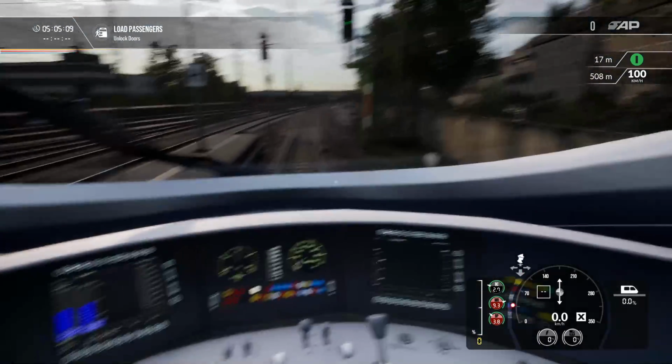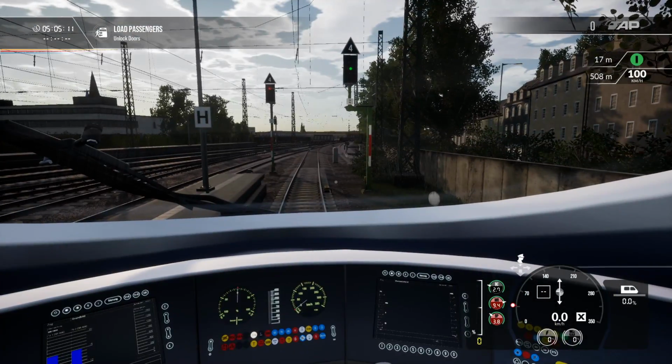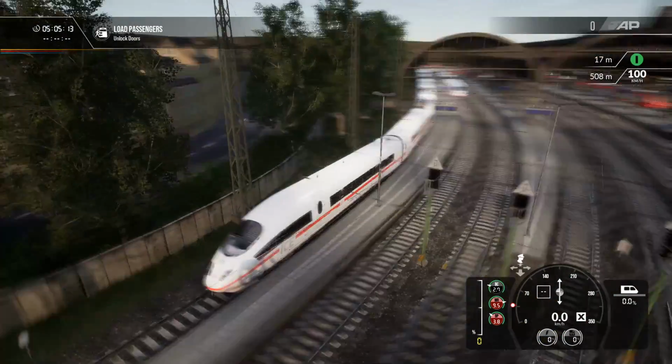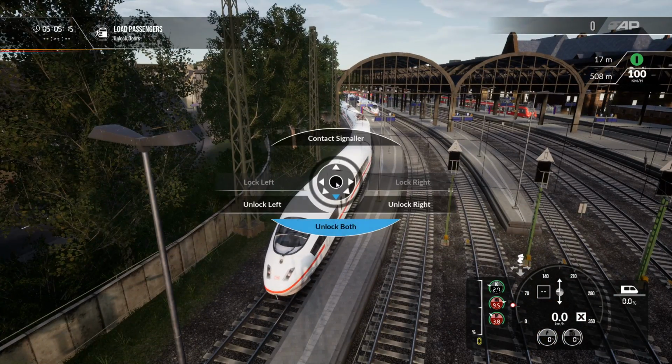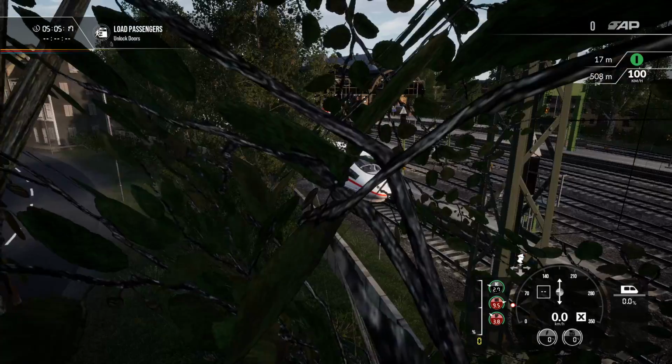Right now, we got the green light, so we have the right of way. We need to unlock the doors, though. I think it's going to be on the left side. As you can see, those are all the trains that we actually placed here. We can actually go to the free camera